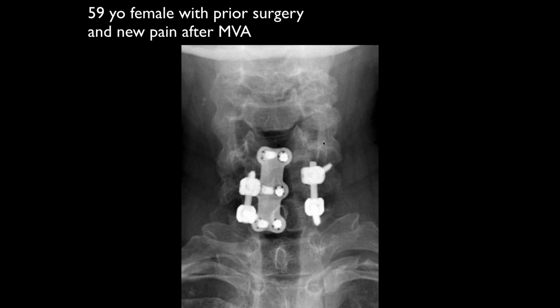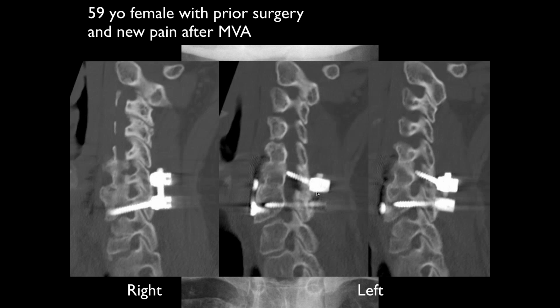That's all I can see on the pain column. Yeah, so here we have an anterior plate, and then we have pedicle screws or struts posteriorly on both sides. Here's a CT scan. So on CT,